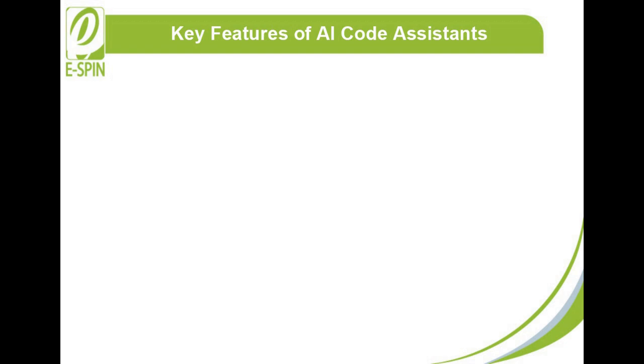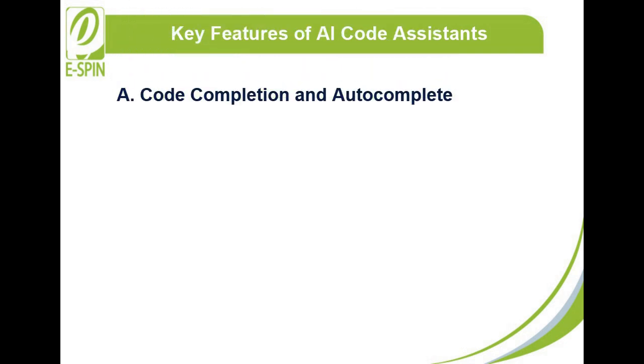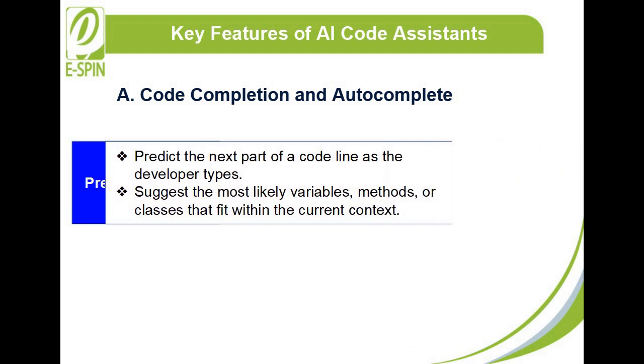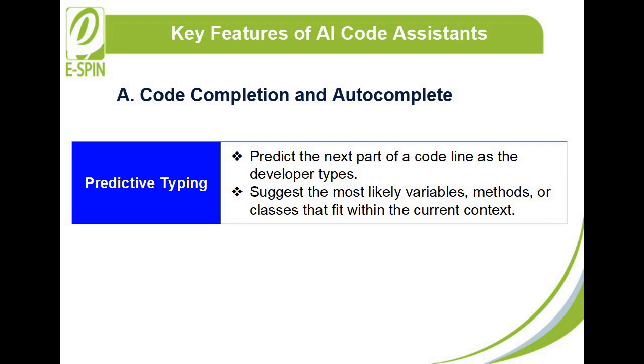Number 1 is code completion and autocomplete. This involves predicting and suggesting the next part of a code line based on context, reducing typing effort, and minimizing errors for developers. Predictive typing. AI code assistants use machine learning algorithms to predict the next part of a code line